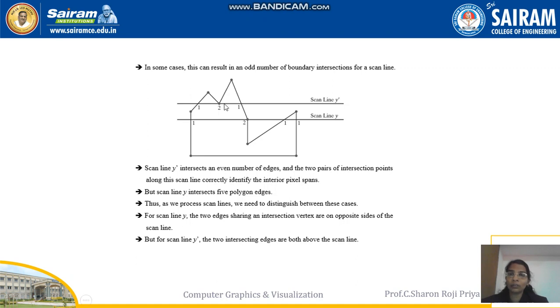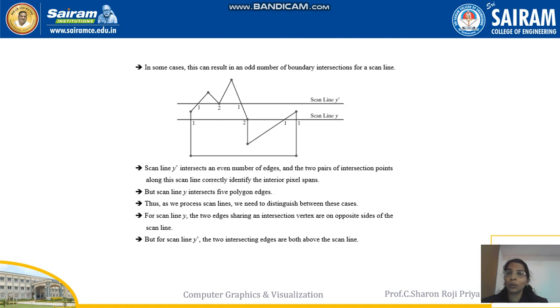This vertex value, how many times should I store it? Since the count is odd, and to fill an area, as you know, I need an even pair of vertices, the question is how many times I should store this vertex value. So there is some rule to be followed.